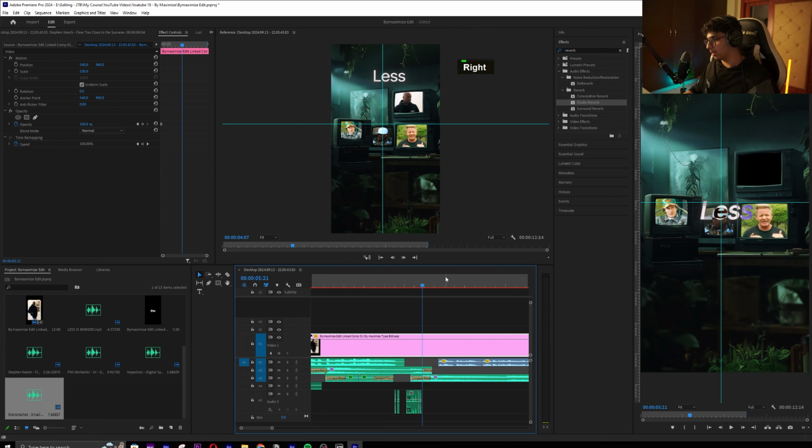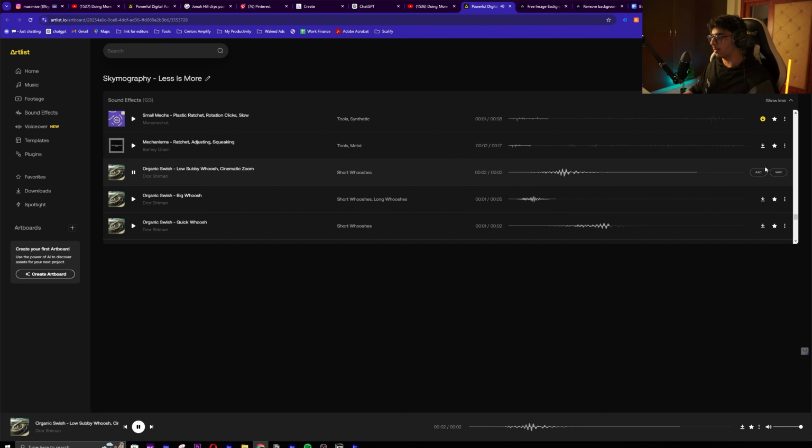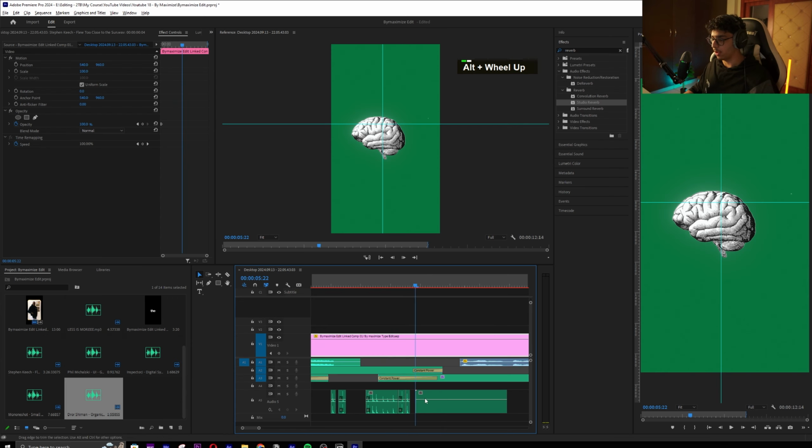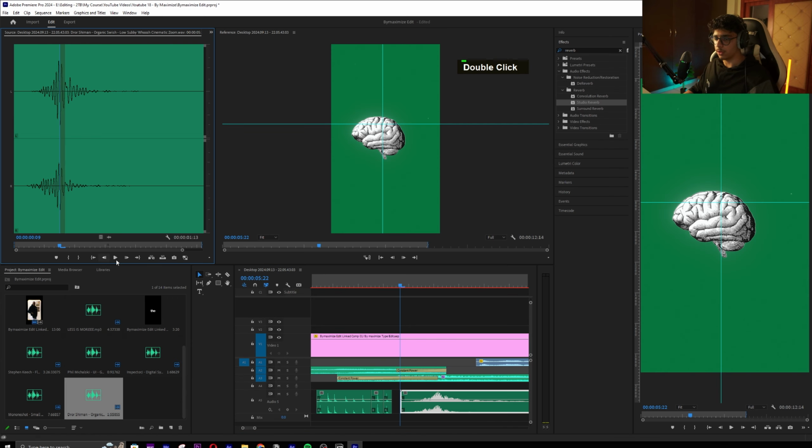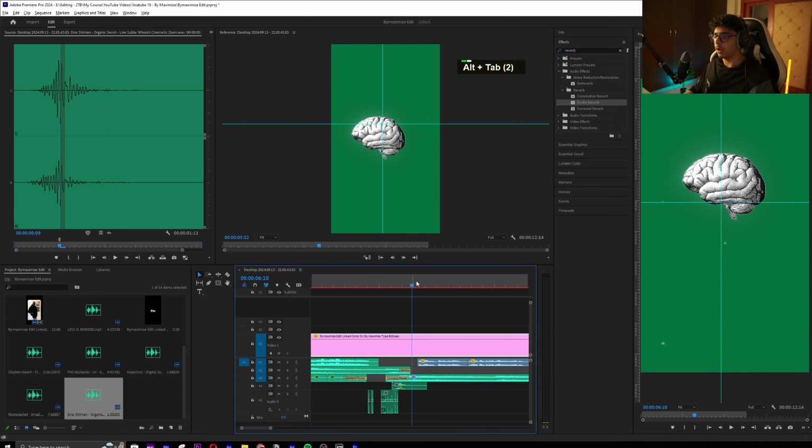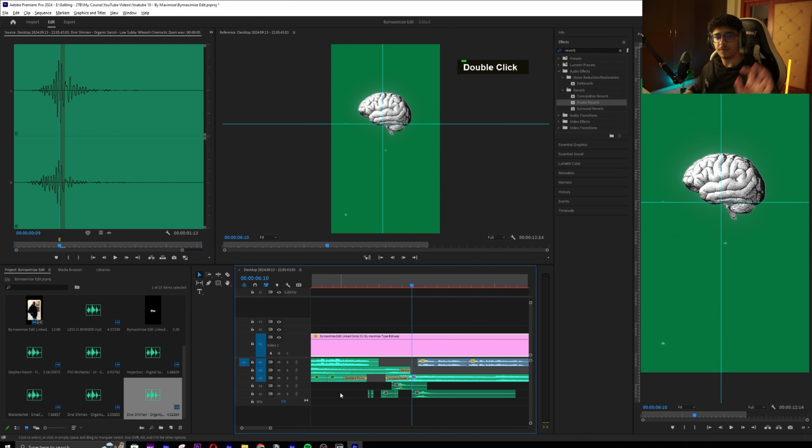On this part we want a kind of swoosh, so I'm gonna just take this low subby swoosh, come over here, and add the marker to it exactly in the middle. Another swoosh is what we need. All of this whole track will be in the description below, so anything you need you'll just find it there.